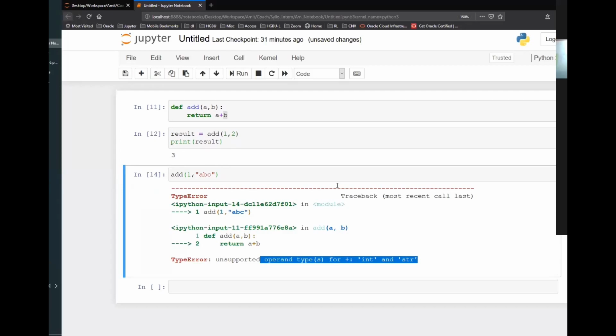Any function, like all the functions that we have discussed so far for list, dictionary, or anything, it was our responsibility to pass correct parameters or the correct data. And the return type also depends on us, whether we want to return it in string format or integer format. We have discussed this, right? Python is a dynamically typed language.